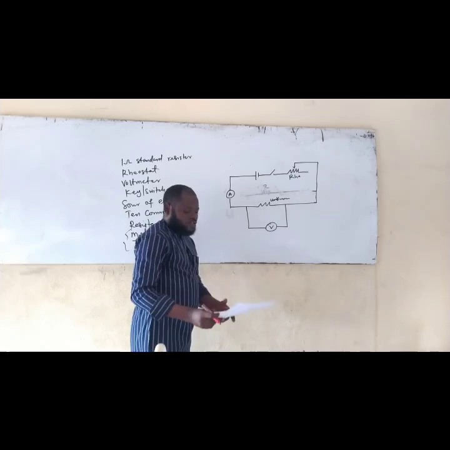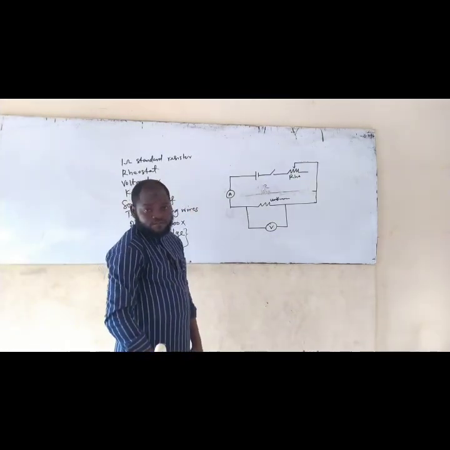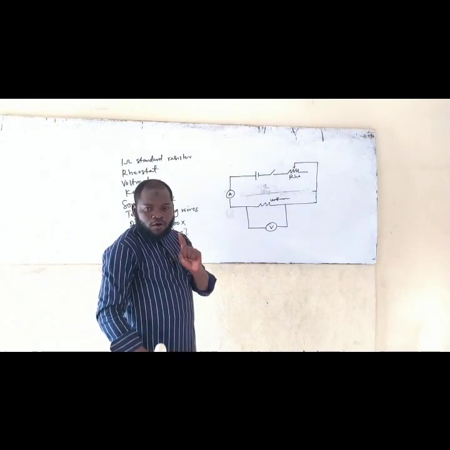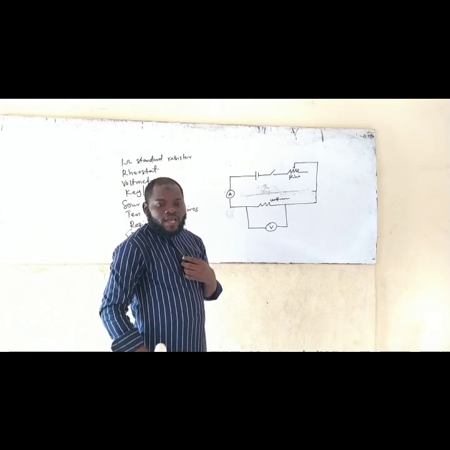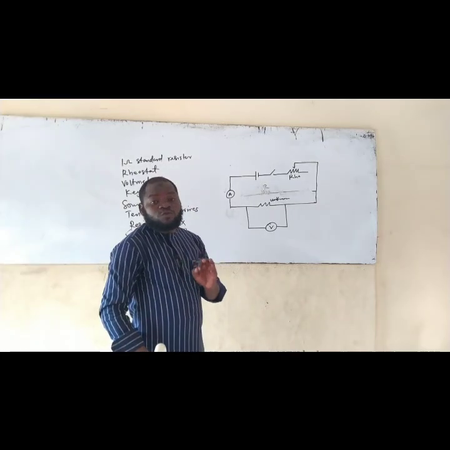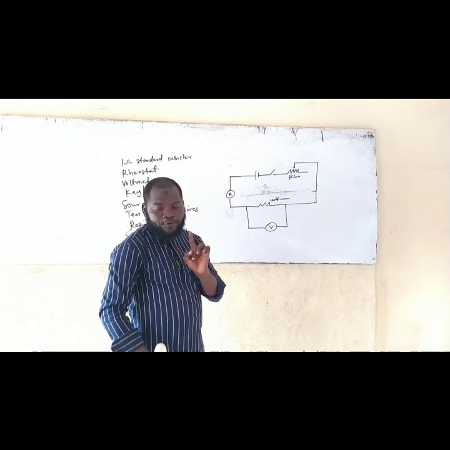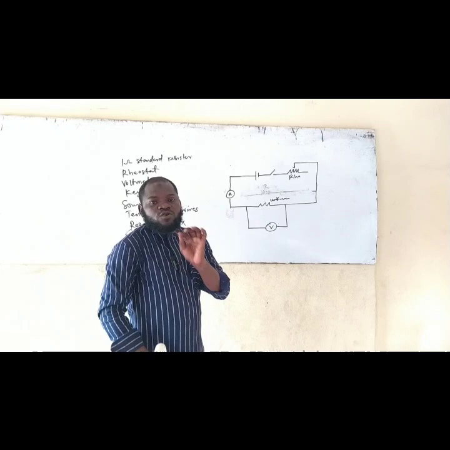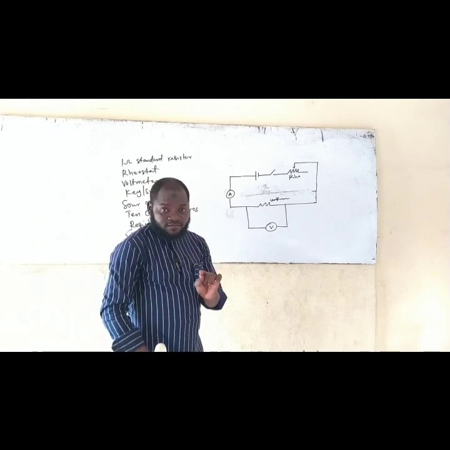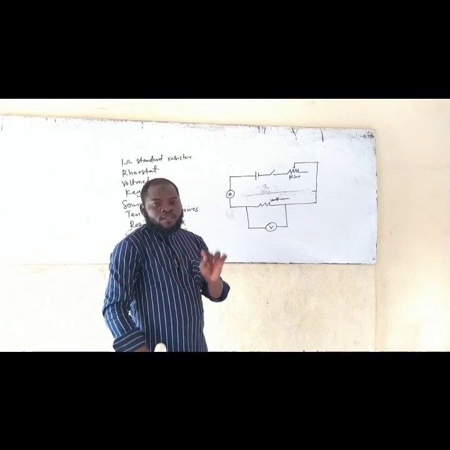Now, what are the things you need to understand in this diagram? You know, this is how the diagram is going to be given. But you see where the problem comes from. You find it difficult to identify which one is positive and which one is negative. That's the number one problem we always have. And once you are unable to identify this, you cannot have a successful connection. So let's see how to identify positive and negative.